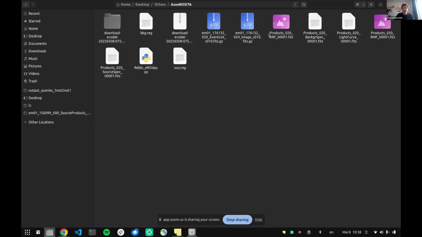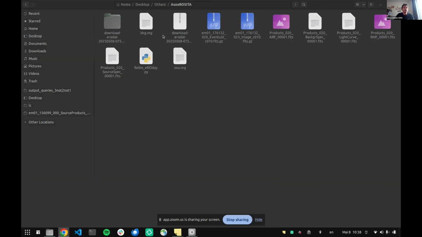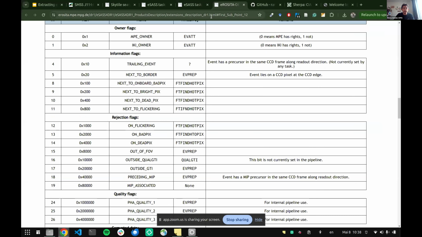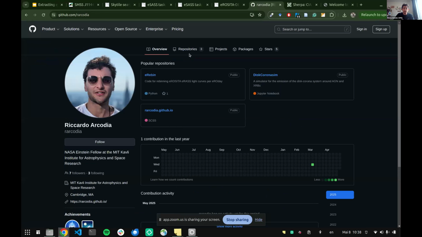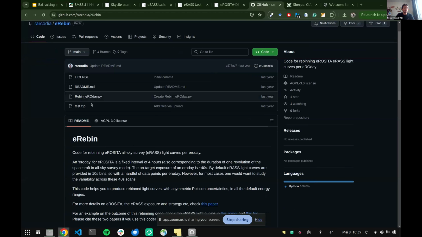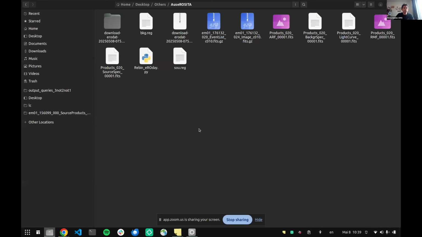For light curves, these events are a bit tricky. So what you want to do is to use this very nice software, which was developed by Ricardo Arcodia, who was a member of our group, member of eROSITA for a very long time. This eRebin code is very simple to run. Well, the link is in my slides when I will share the slides. But basically, I already downloaded it. It's called Rebin eROSITA Pi. And if you,